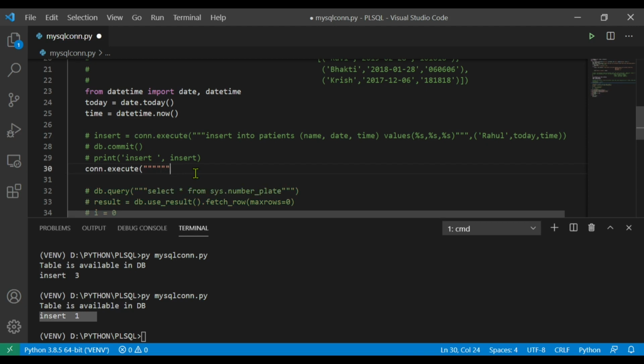Connection.execute. Select star from table name, which is patients. So store this value inside a variable, select is equal to